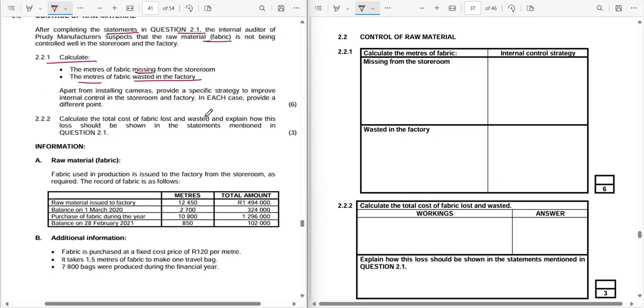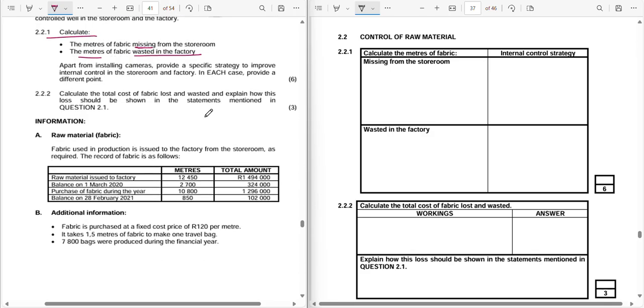So when you go to your information here, raw material, this is what you have. You have your opening, which is the balance on 1 March 2020. You have your closing. So according to that formula of missing, it's opening stock plus purchases, minus returns, minus sales, minus closing. So your opening, since it's the balance at the beginning, is 2,700. You're going to say 2,700